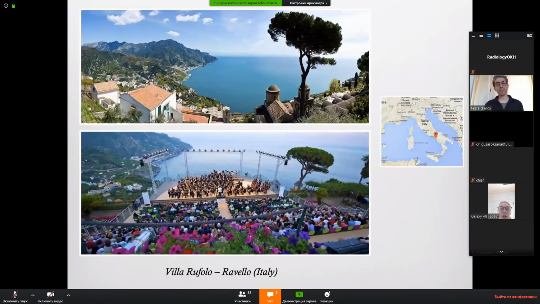So this is the first part of this lecture, and this is Ravello from the Amalfi Coast, where you can listen. Not now, because everything is shut down because of COVID, but you know this is where I'm from, somewhere here,